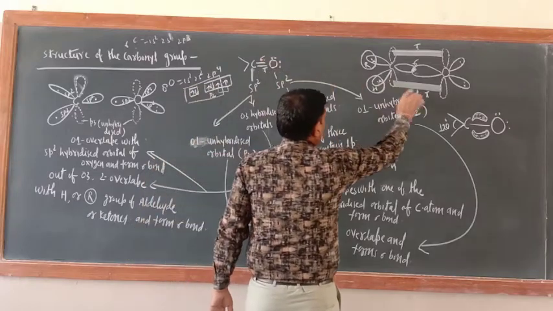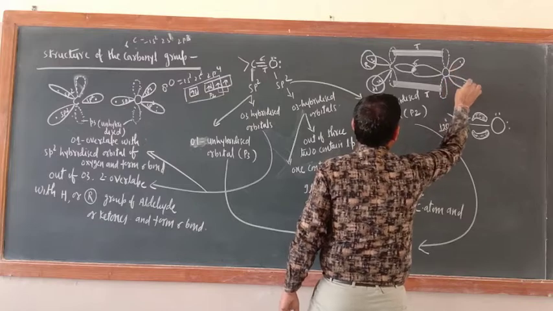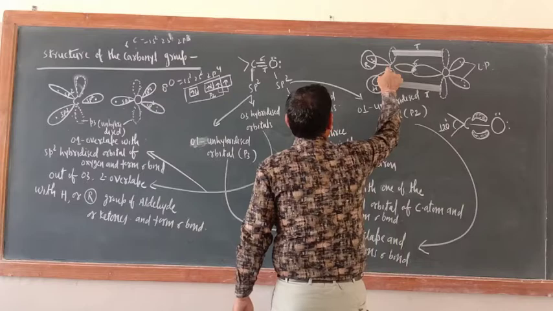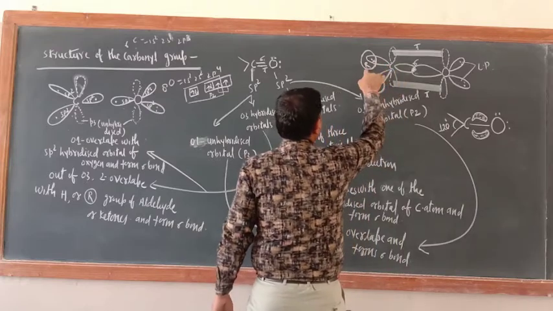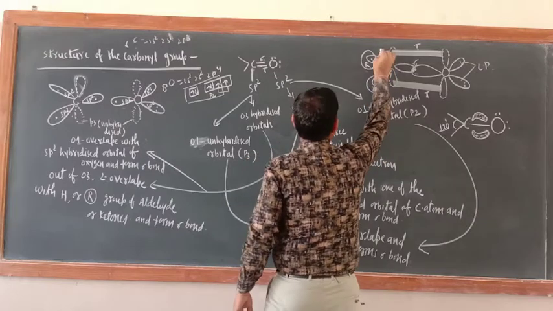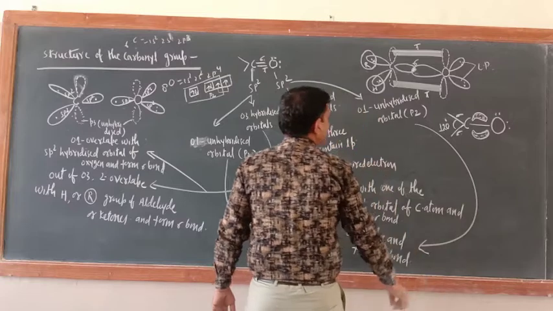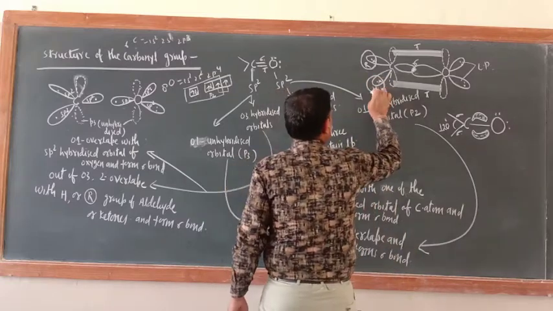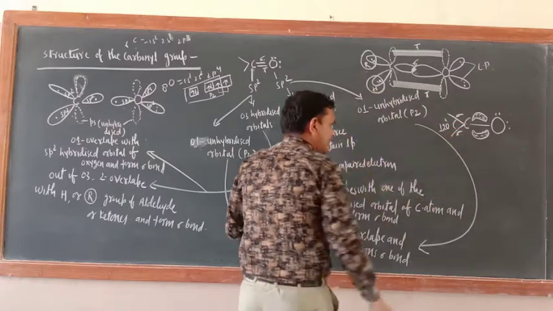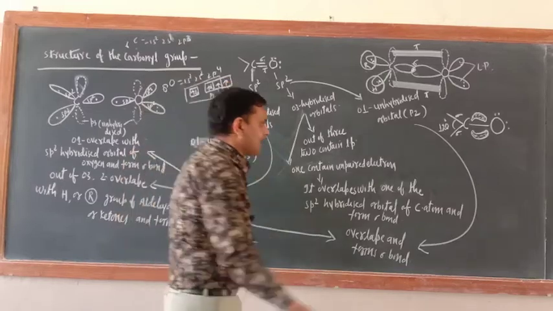Now 2 are left in oxygen, so those 2 will contain the lone pair electrons of oxygen. In case of carbon, 2 are there, so 1 overlaps with R, the other overlaps with H. This will also form a sigma bond. In case of ketone, in place of H you should write R. So now just see, the sigma skeleton is over. The sigma skeleton is like that.